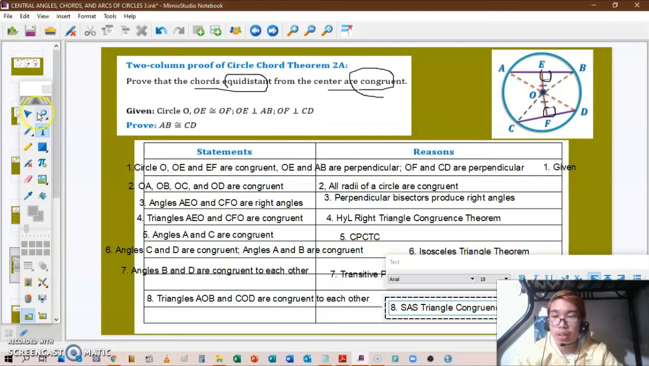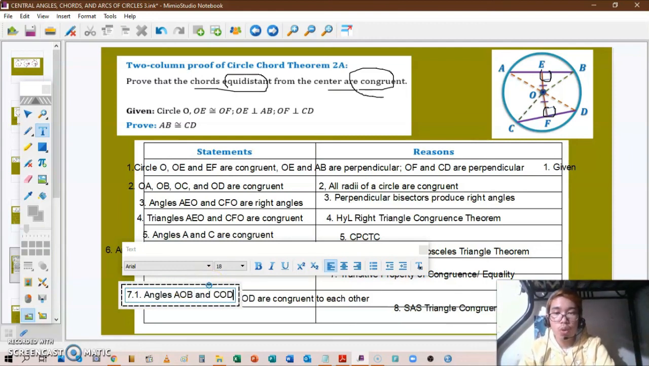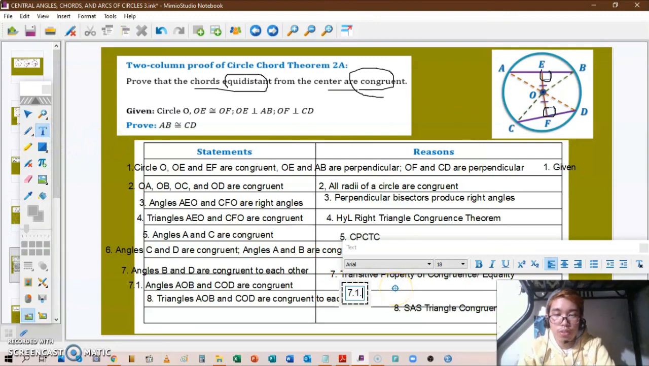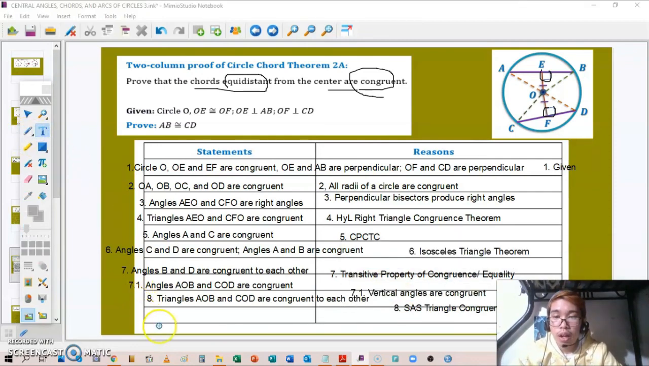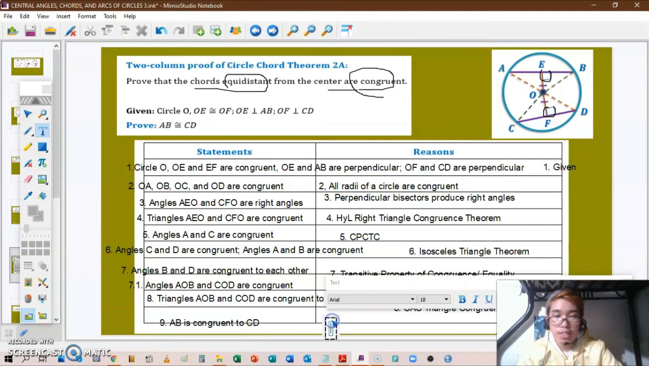Okay, before this, we can say here at 7.1 that angles AOB and COD are congruent using the vertical angle theorem. So we can write here vertical angle theorem for 7.1. Vertical angles are congruent. And we can lastly say here for number 9 that AB is congruent to CD using CPCTC. And therefore, we will have proven our theorem, the chords equidistant from the